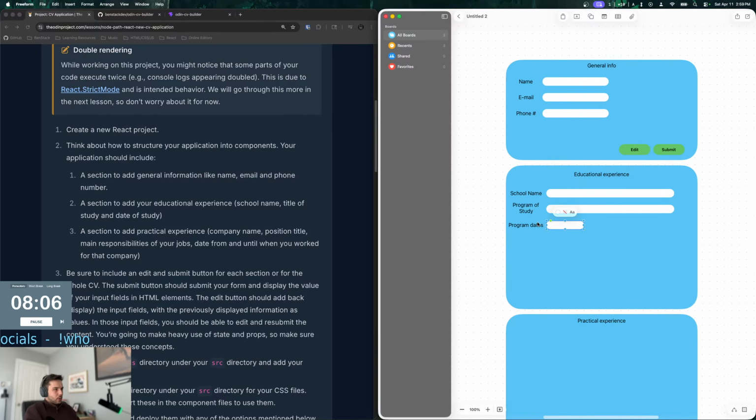Or I can even do like a program start and then a program end. Something like this, right? You know what I mean? It doesn't have to be perfect, but something like this, right? And maybe we could even have a section for GPA as well.